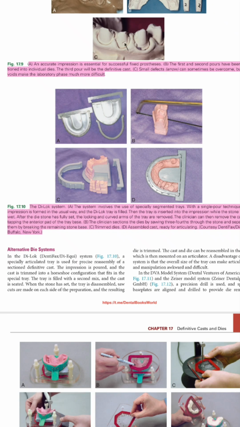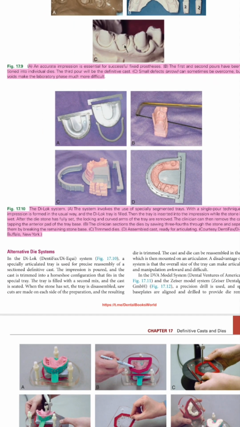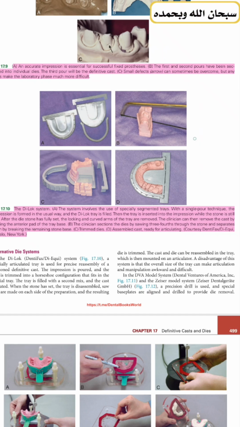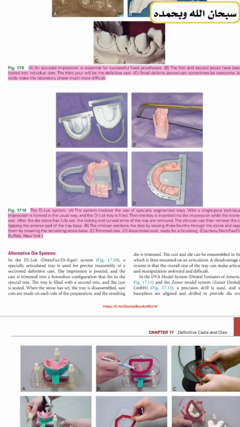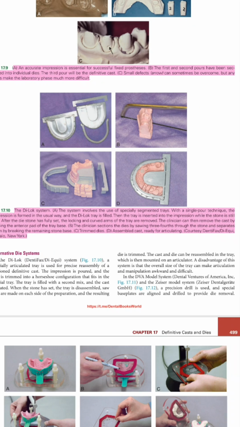For the dowel insertion and the die trimming, the first one is the Die-Lock system, which involves specially segmented trays. We do a single pour technique, which means that we fill the trays with the die material. After the die stone has fully set, we insert the locking pins, and the curved arms of the tray are removed. And now we remove the cast and start the trimming based on the sections of the base. The reassembly in the appropriate position is done following this ring